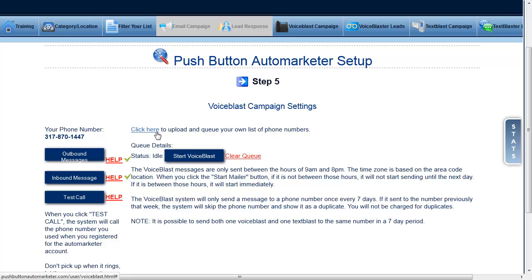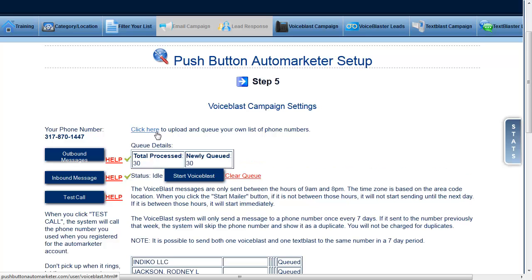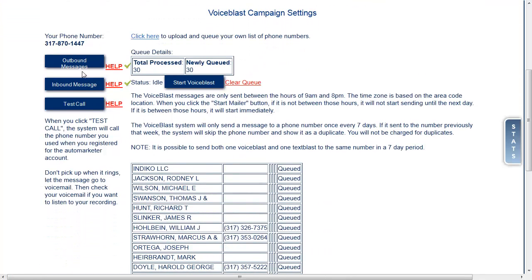if you've got a different list, or if you just want to put your own list in there. What I'll do is put my own phone number in almost every time I do a blast, just to make sure the blast went out and that I got that information. As soon as that's done, you can hit Start Voice Blast, and it'll start sending out the message that you've recorded to these people. And again, you can change the message that you recorded in this system here,